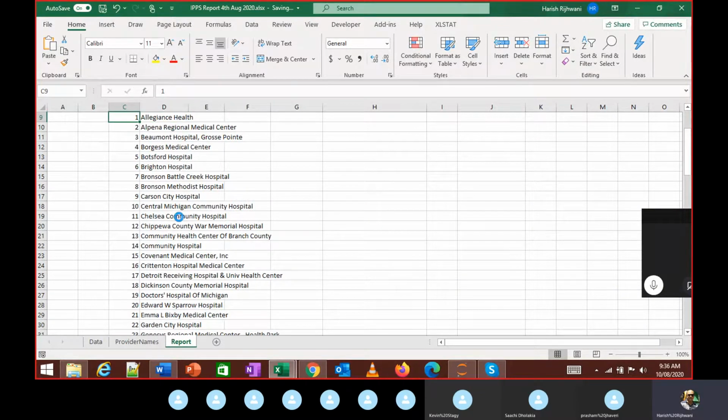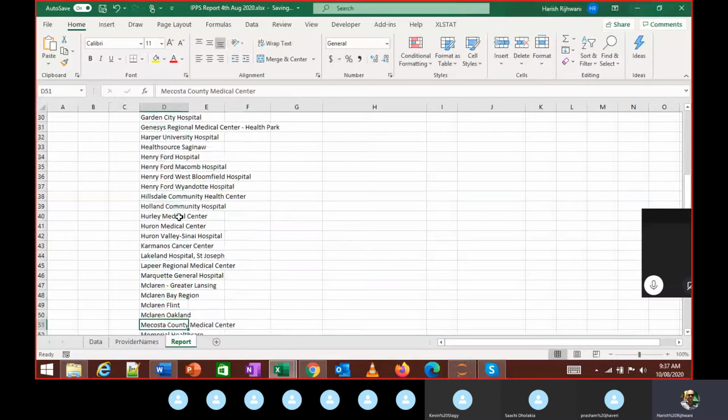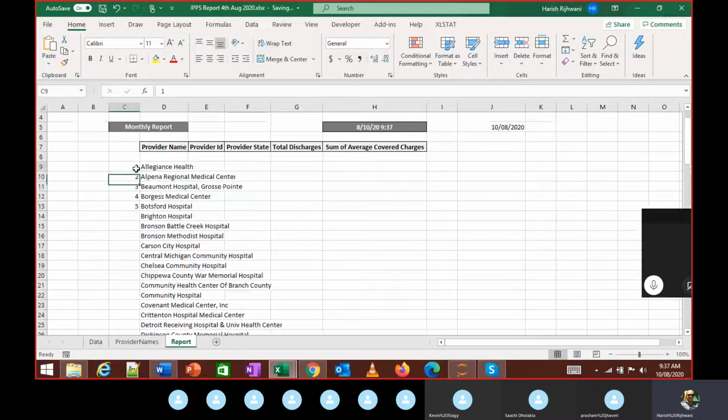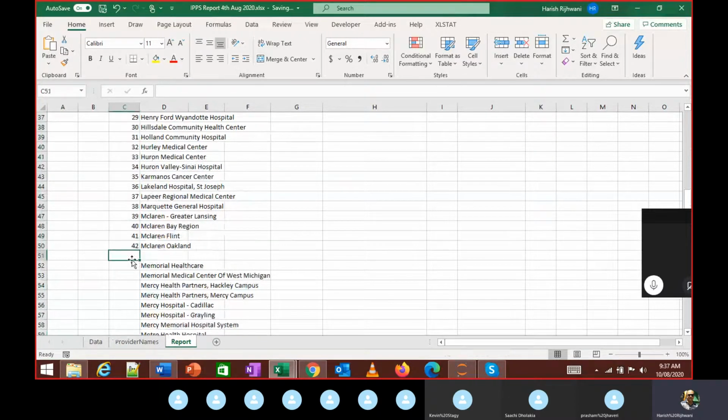Now the challenge in using a value like this: if I put 1, 2, 3, 4, 5 and there is a break over here, let's say this value is not there, and I select this range and double click, it fills the value only till this point. Why? Because there is a break here. It's not finding a continuous filled value in either column, which is why it stops. You will get that in many cases.